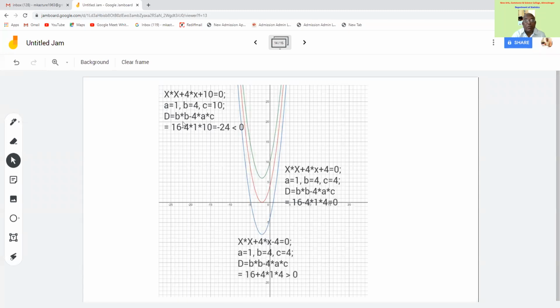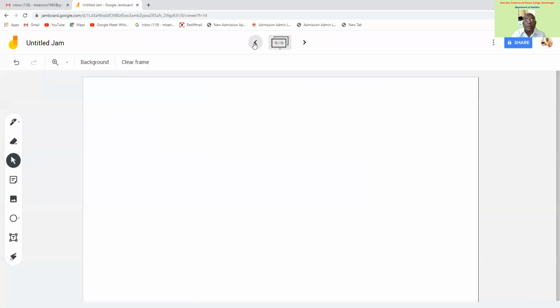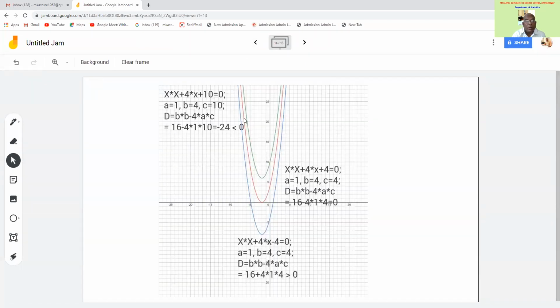So that is the meaning of these three discriminants. Discriminant greater than 0, two roots, means graph will intersect exactly at 2 points with x-axis. Discriminant equal to 0, graph will intersect exactly 1 point with x-axis, that is the solution. Discriminant is negative, graph will not intersect x-axis, and there is no solution to this equation. So this is the algorithm for quadratic equation, and this is the meaning of what is called discriminant with relation to geometry.